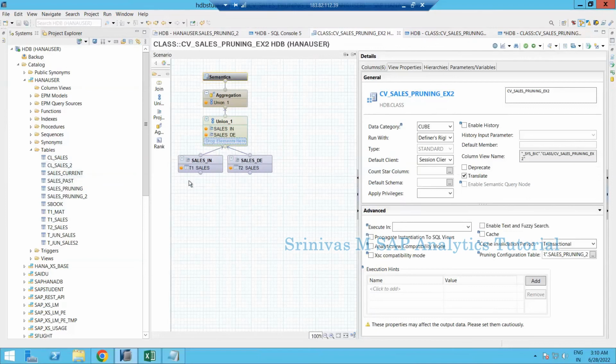So using this pruning configuration table, you can easily manage